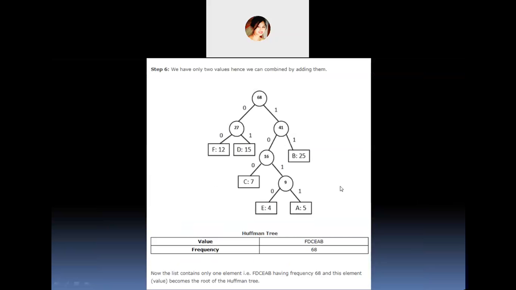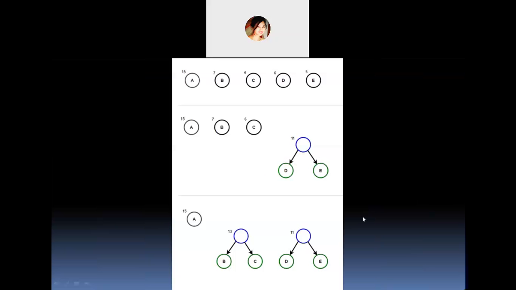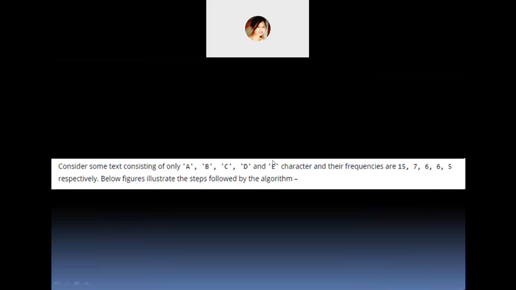For this value, we are constructing it in this way. We are creating a subtree for f and d, and then finally we are joining this subtree with C, E, A and B. Okay, this is C, E, A and B, and finally this is the Huffman tree. The Huffman tree is complete when we denote the bits, that is 0 bit to the left child node and 1 bit to the right child node, and in this manner you can calculate it.